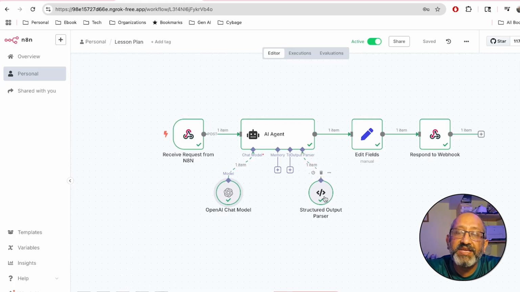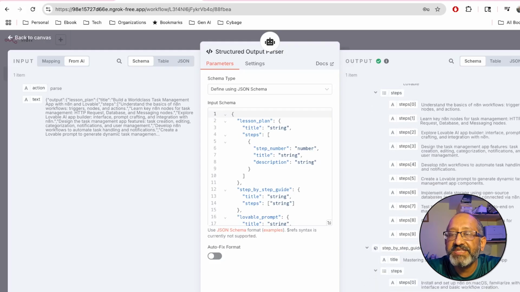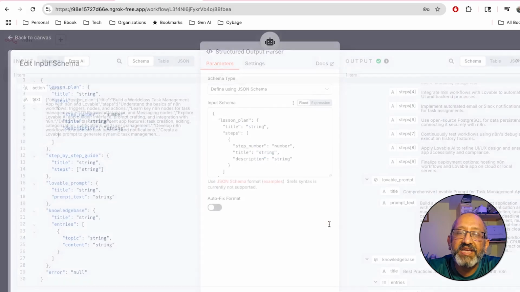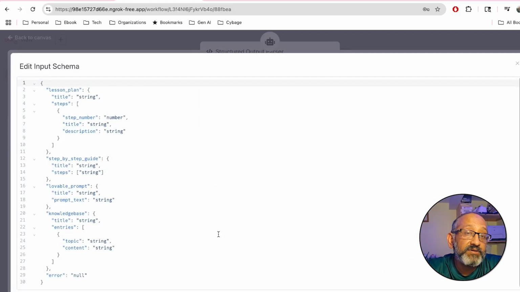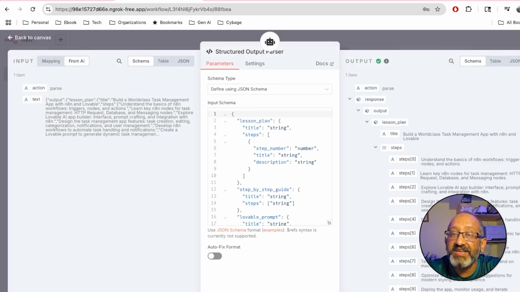Okay, now I also have something called a parser. I needed the parser because I wanted to have the JSON formatted. This came in a text format, and I wanted a really good format with each of the steps so that I understand that. Here is one thing that I have customized. Again, I don't know any coding. What I did, I asked ChatGPT to give me an input schema, and it did. It provided a schema, and I just used that schema to build this amazing, very structured output. So this is why I needed an output parser.